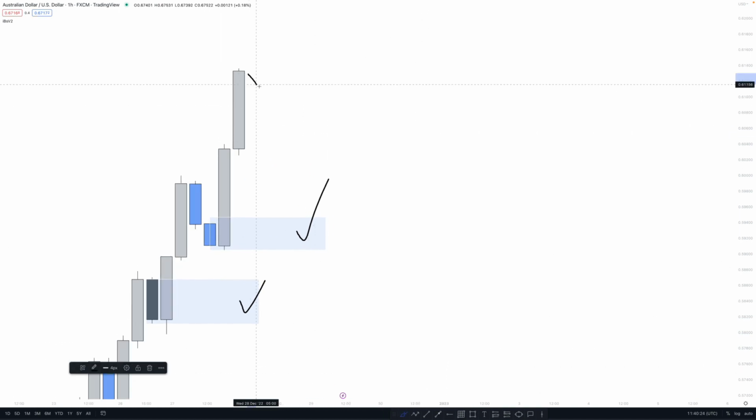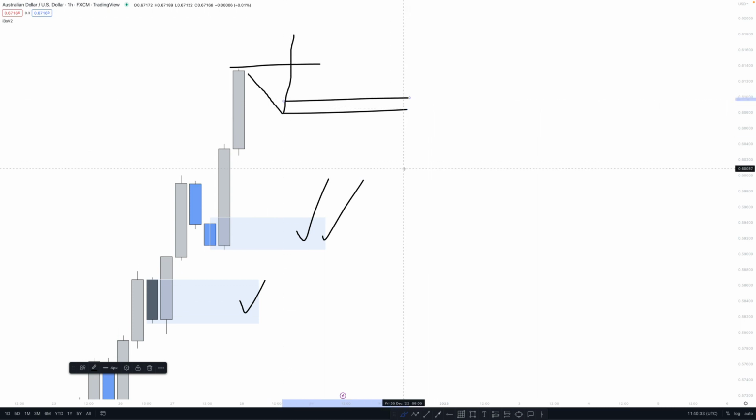So you're going to have a retrace, it's going to break the high. This right now is going to be the double confirmation order block, and this is going to be your newly created momentum or hybrid order block.